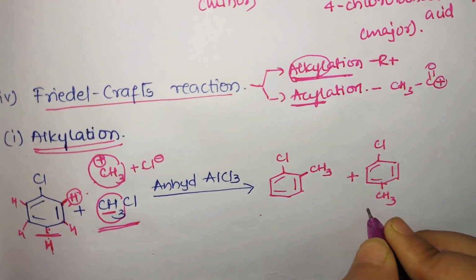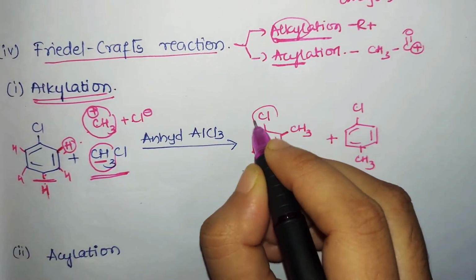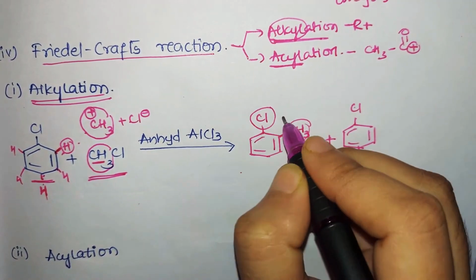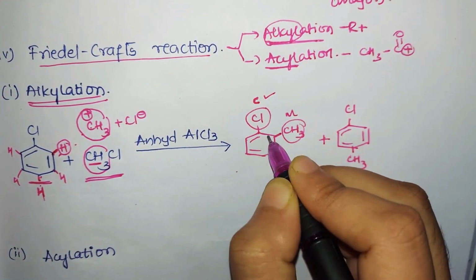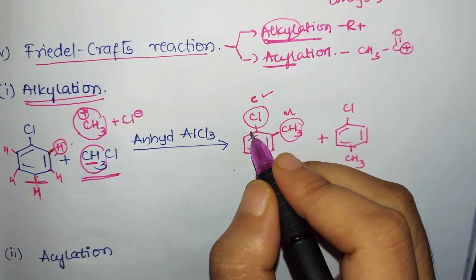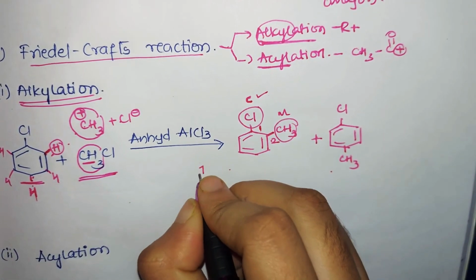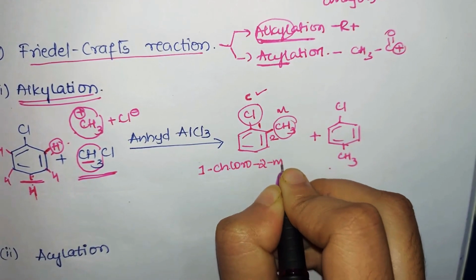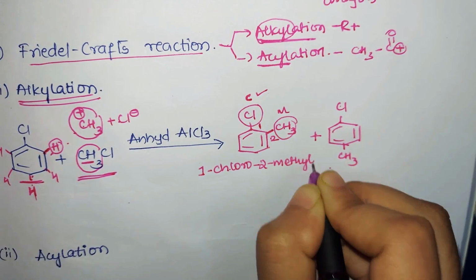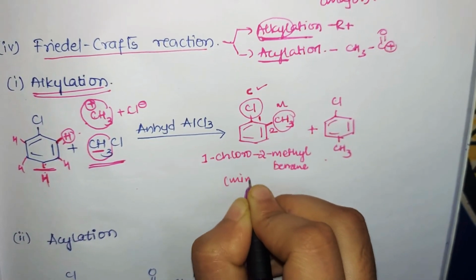So we'll name it. Both are substituents which act as prefixes. Here we'll number them. Which comes alphabetically first? Chloro starts with C and methyl starts with M. So chloro comes first. First position is to be given to chloro group, so 1, 2. So what will be the name of the compound? 1-chloro, 2-methyl, and the parent is nothing but benzene. So it becomes 1-chloro, 2-methyl benzene.